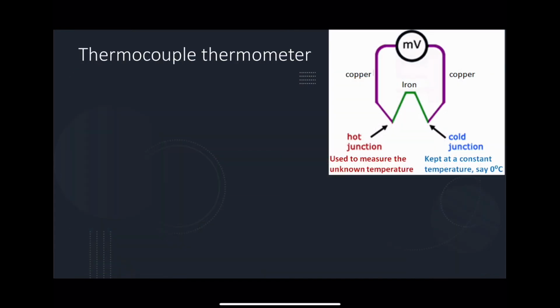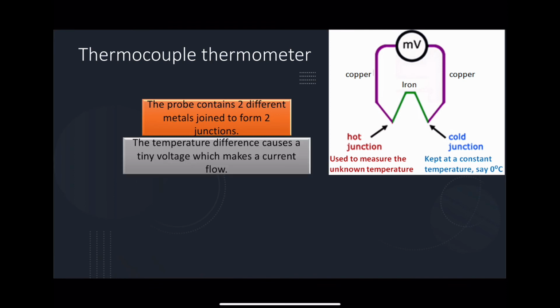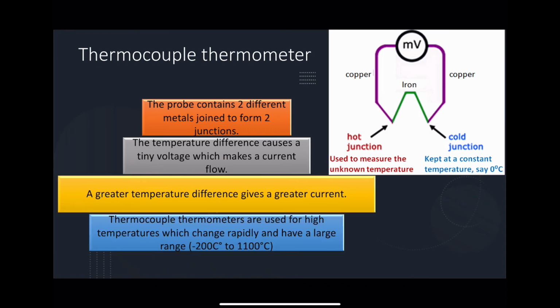Now let's look at thermocouple thermometer. This is a diagram of a thermocouple. The probe contains two different metals joined to form two junctions. The temperature difference causes a tiny voltage which makes a current flow. A greater temperature difference gives a greater current. Thermocouple thermometers are used for high temperatures which change rapidly and have a large range, which is about -200 degrees Celsius to